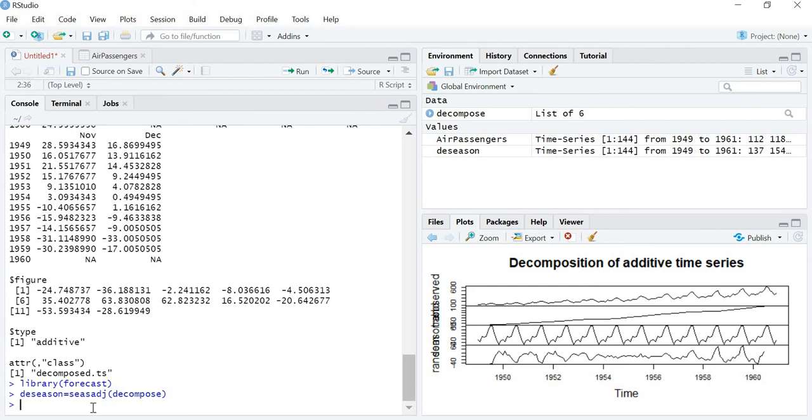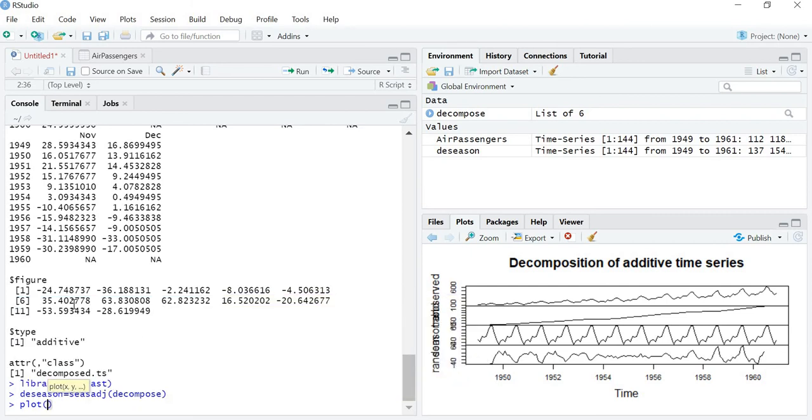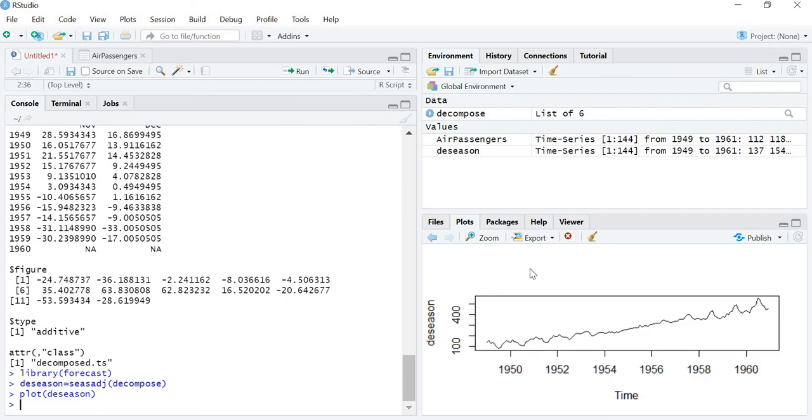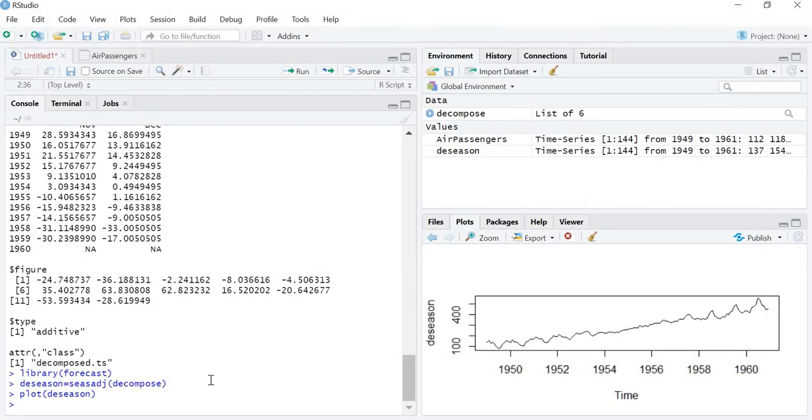Now let me plot it. Deseason. Now you can see in this the seasonality effect is removed. Now you are not going to observe the same pattern every year. Your seasonality effect is removed. Now we have to remove the trend. So to remove the trend, you can see that now the diagram, or you can say my series, has become stochastic. Now I have to difference it. So to remove the trend, I have to make the first difference.